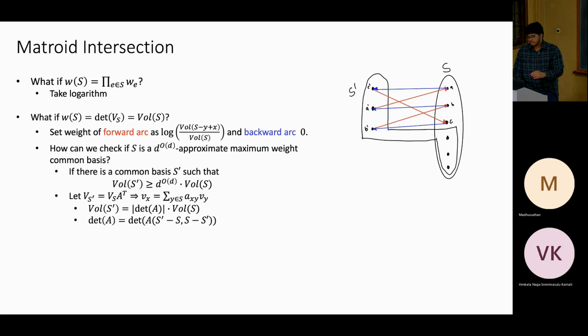And since some of these elements can be common, I can also write the determinant as the determinant of just, so A is a matrix where the rows of A correspond to elements in S dash, and columns of A correspond to elements in S. So what is the log of the volume of S minus y plus x over the volume of S? It's just log Axy, right? Because